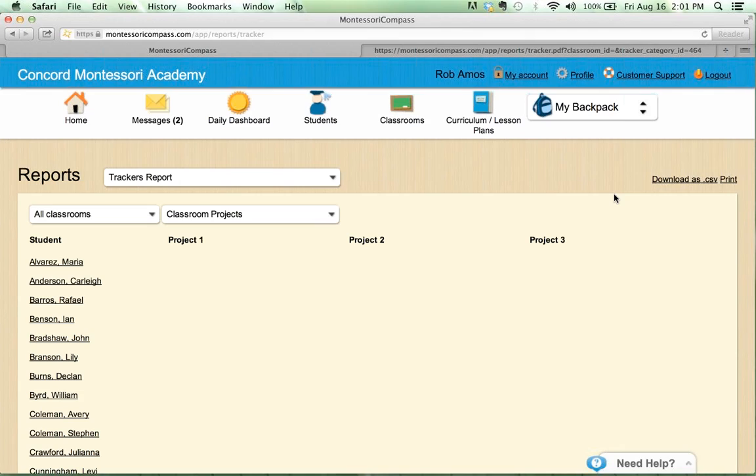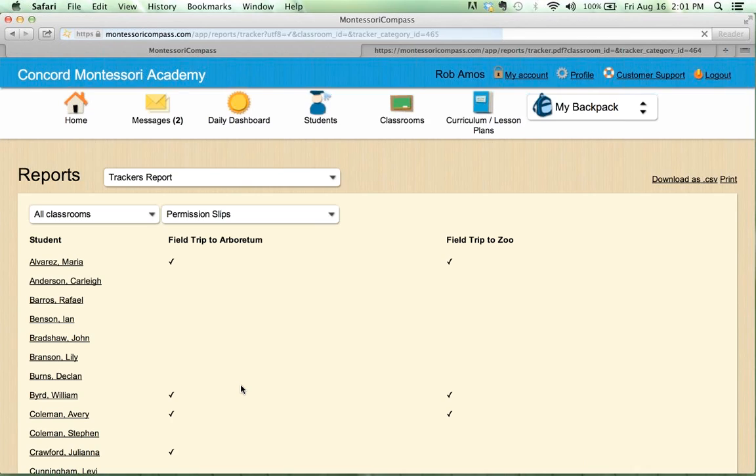That's the first way. The second way is I can go into the student's profile. We'll go into Maria, and we're going to go over here to More, and I'm going to click on the trackers. So here are all of the trackers that have been recorded for Maria. So taking the example of the enrollment forms, I can go look at the entire school year, for example, and here's all the enrollment forms that she's turned in. And if we want to get rid of this first one here, if we say, you know what, she actually did not send in the medical form, let me go ahead and I can